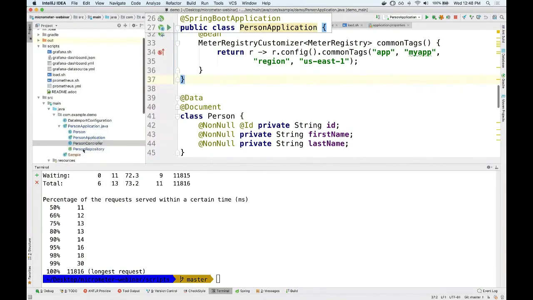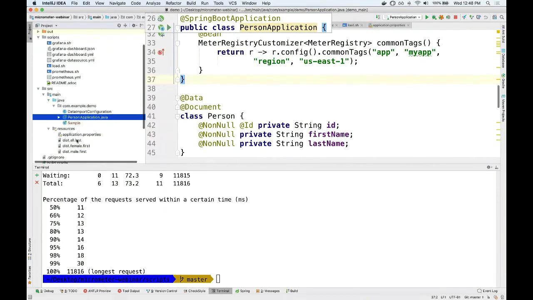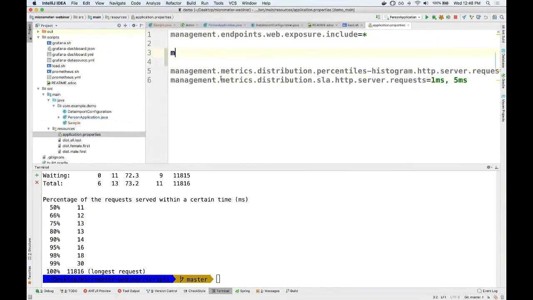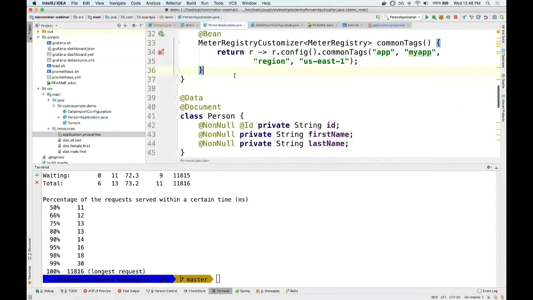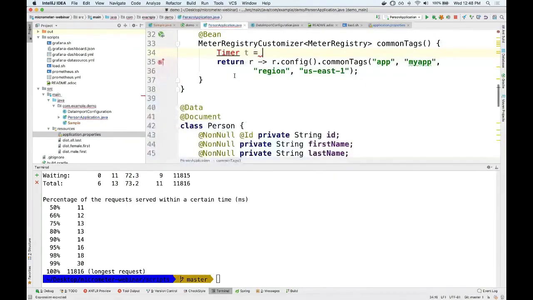Over on the property-based side, Spring Boot also enables you to do simple things like deny metrics on the basis right here. So you can say HTTP server request is false. Like, I don't want to ship this metric, and you can do that in a property-driven way as well. We also allow you to configure things like percentiles and SLAs and so forth on timers right here in the configuration, so that if somewhere I've just created a timer,